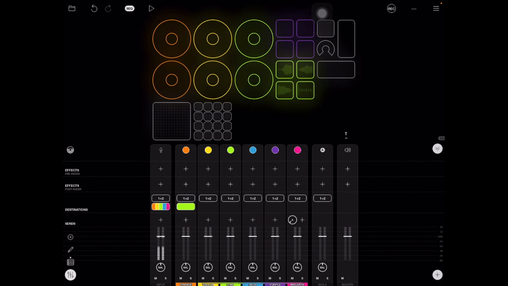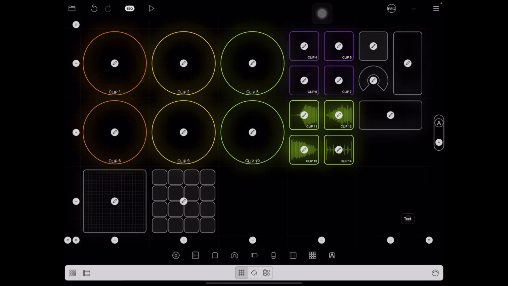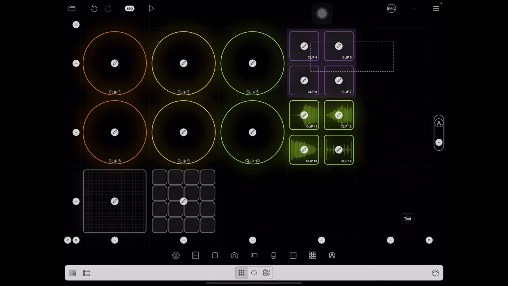The configuration is just so unrestrictive. If you want, you can set this thing up to operate exactly like Ableton Live. Anyone like Ableton Live? You can set this up, and you can do it by using a thing called grouping tracks, right? So we go into edit mode, okay, and we just get rid of a few things here. So just clean it up, get rid of my widgets, okay,